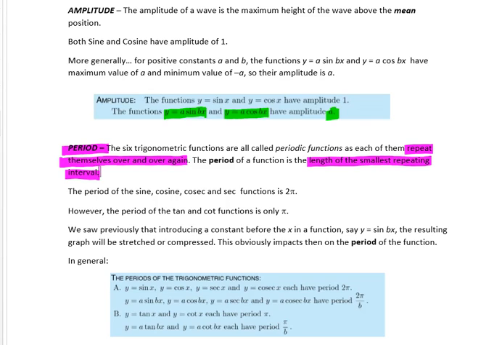Hopefully you've graphed enough trig functions now to know that the period of sine, cosine, cosec and sec functions is 2 pi. You've got to cover a total of 2 pi before the pattern repeats itself. The period for tan, though, and cot is only pi. So you can check this out